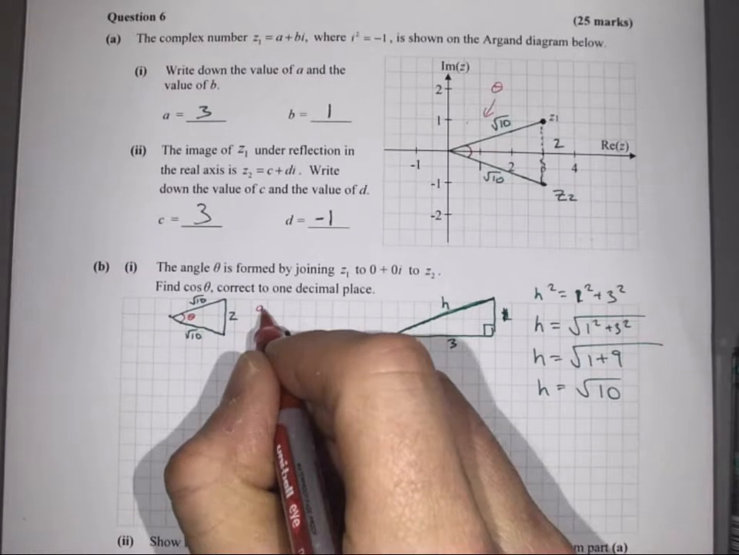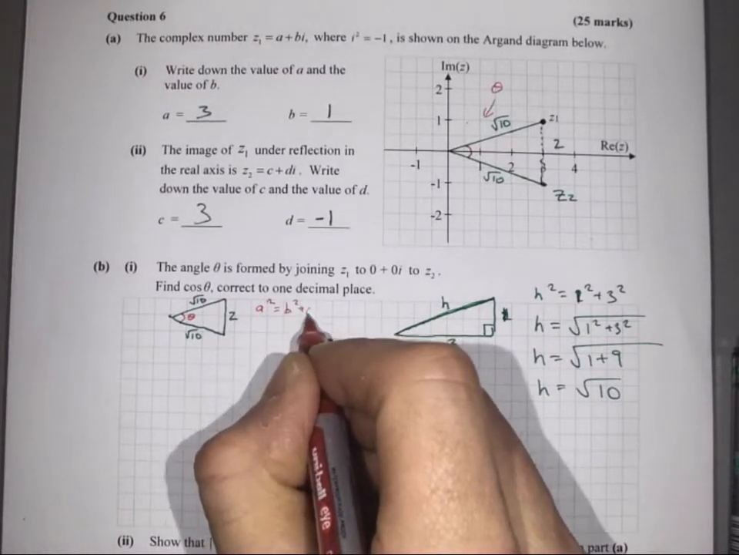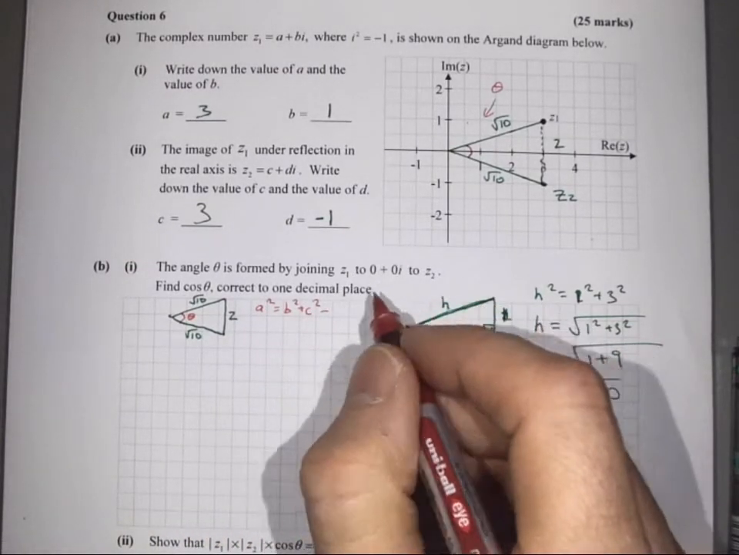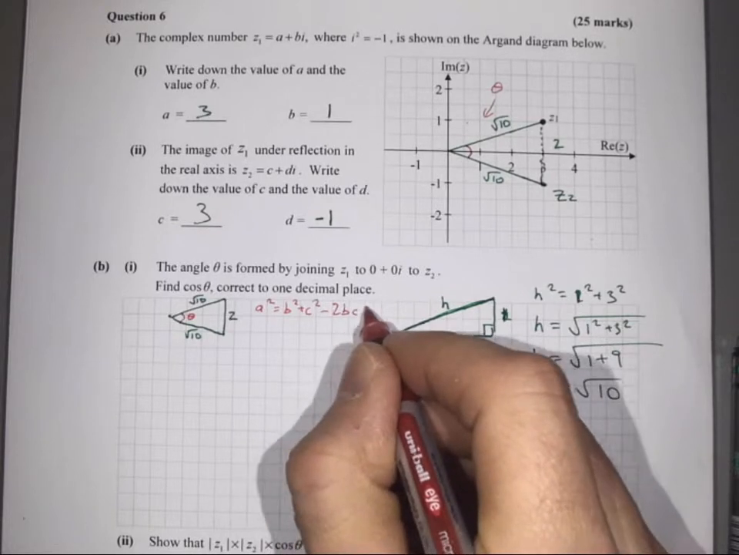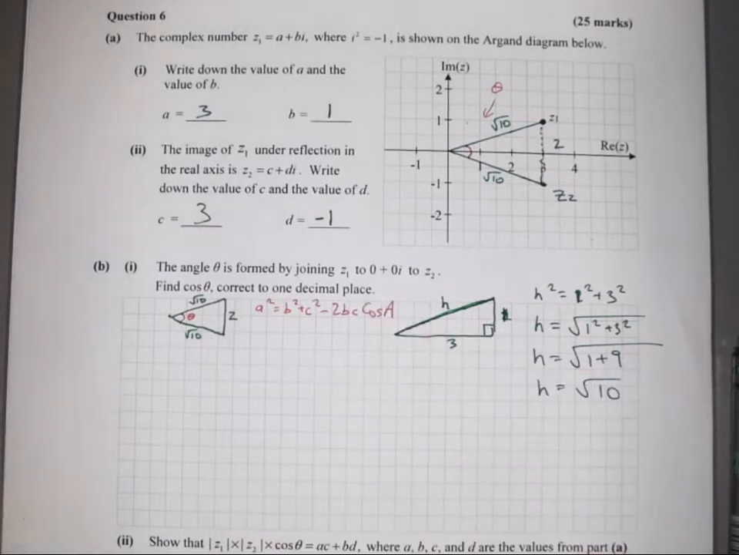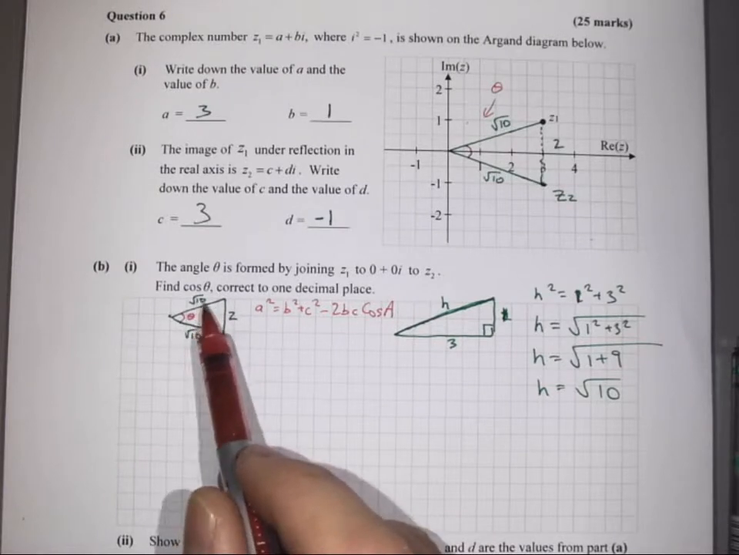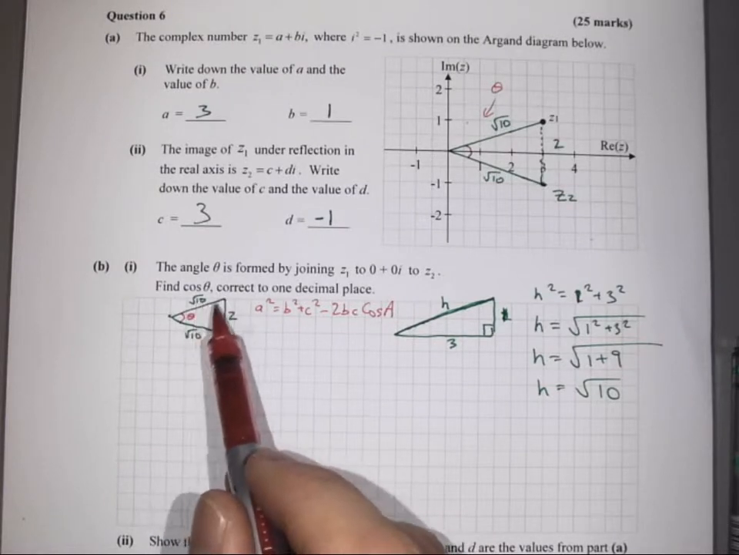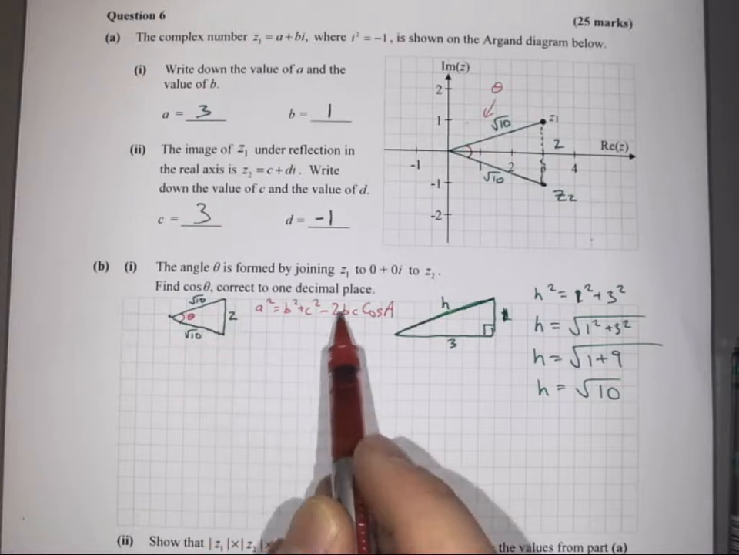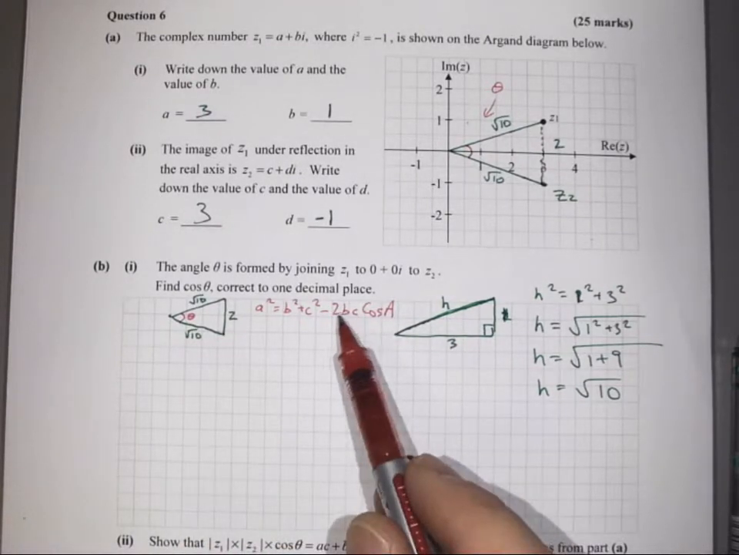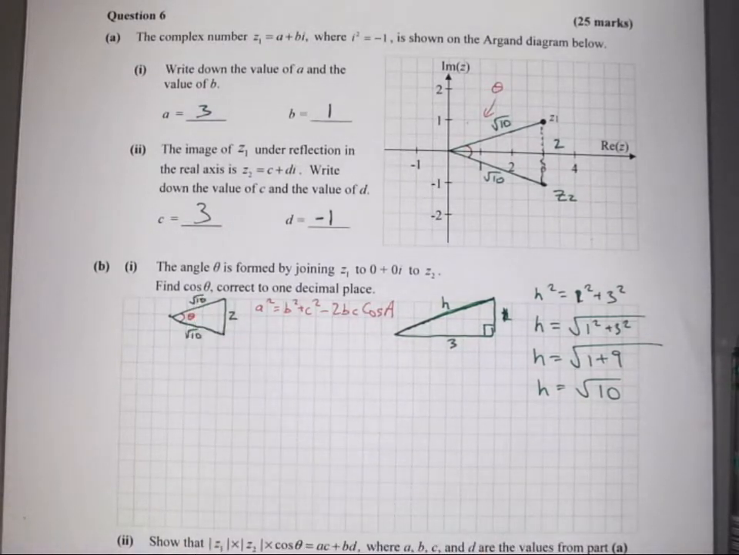So we have A squared equals B squared plus C squared minus 2BC cos A. Right, so A is going to be 2. B can be either of these, it doesn't matter. C is the other one. So B is root 10, C is root 10. 2 times BC will be 2 times root 10 times root 10. So we'll fill that out,